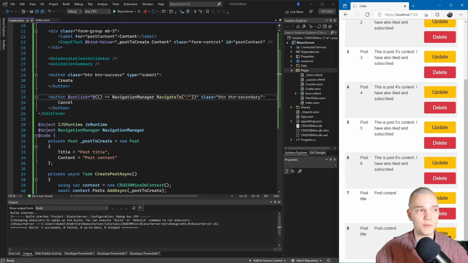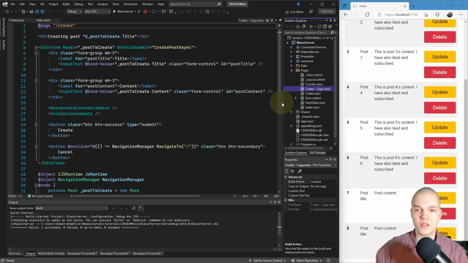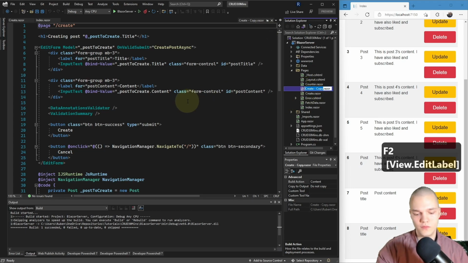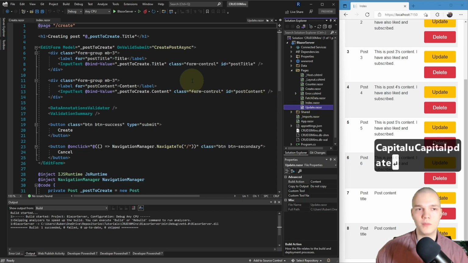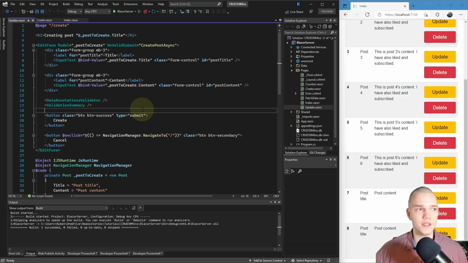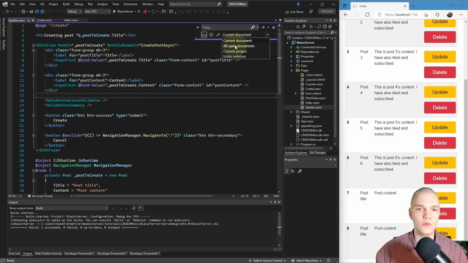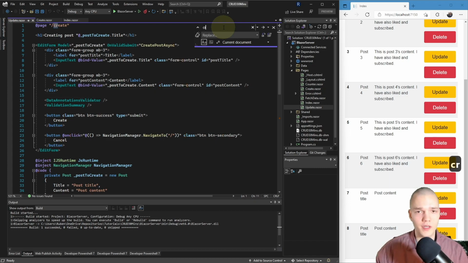copy and paste that component. So create, Ctrl+C, Ctrl+V, gonna put my cursor on it, hit F2 to rename, and I'll name it to update, hit enter to open it. Right, so let's speed things up by using Visual Studio's find and replace features. So I'll hit Ctrl F, set it to current document and match casing, so that needs to be on. And I want to find lowercase create, hit tab to replace that with lowercase update. Then I'll hit Alt A to replace all, and there we go.